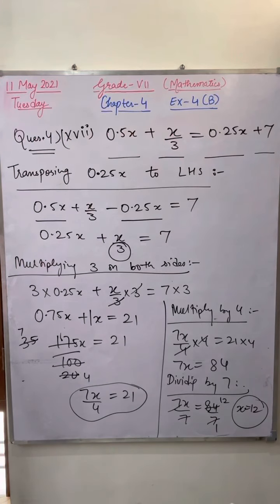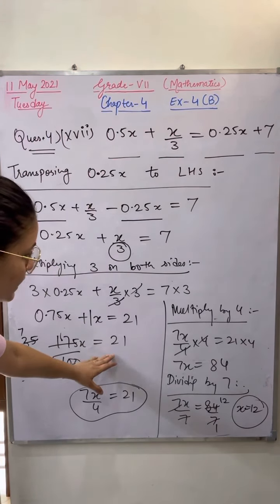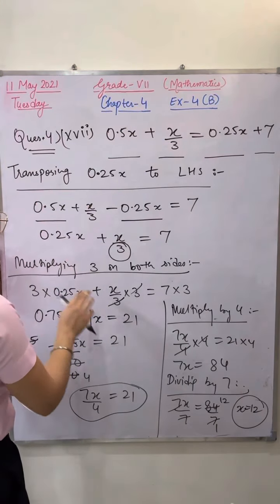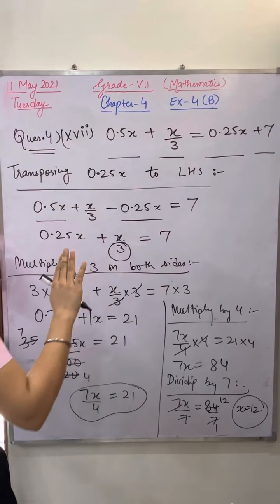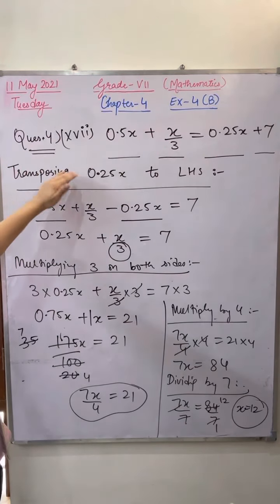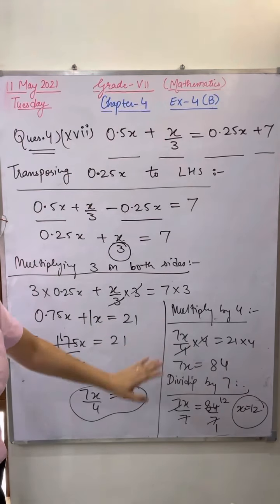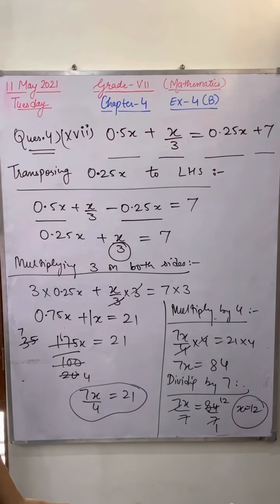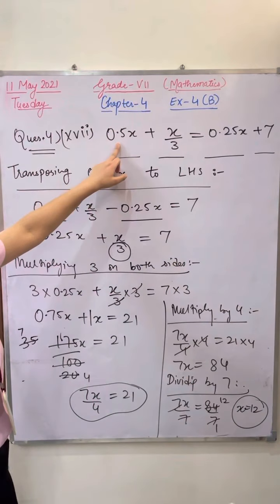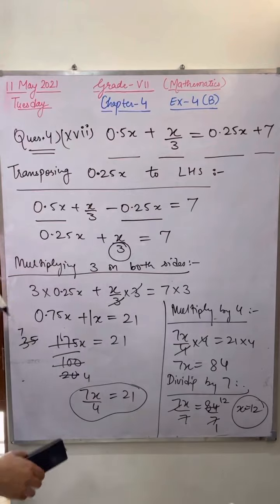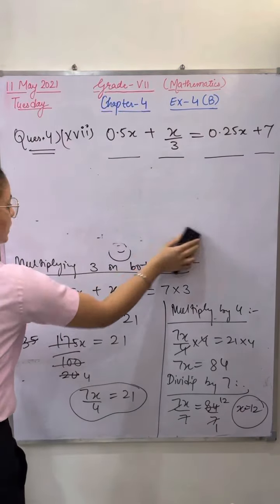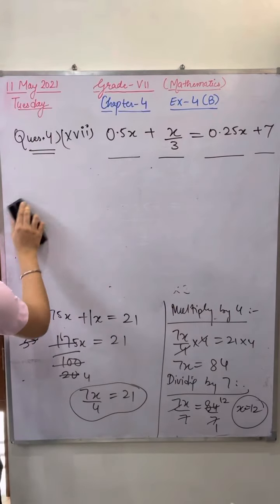You can see that when you will do this complete question, you will do same as it is. Only you will not write the steps. Earlier we were solving in this way. In this exercise, you have to mention the step only, whatever you are doing. After that x is equals to 12. Then put the value of 12 in the x and take out the answer. I am going to take out the value of this checking part.